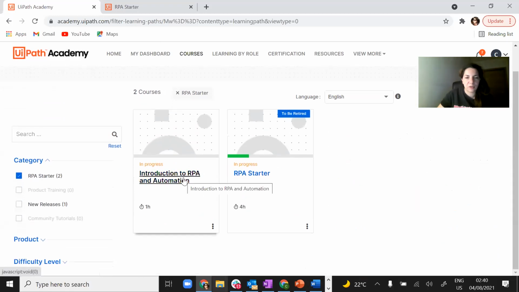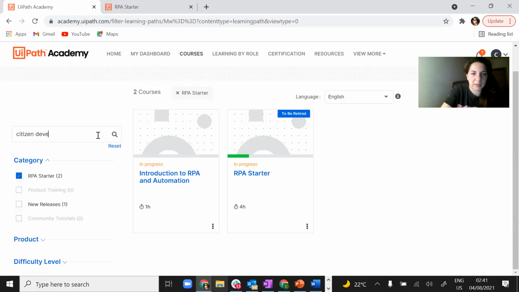This one is the one I gave you in the email and the event link, and we covered it entirely today. And we also went to this one today as well. For the next step, you can go into this one, finish RPA Starter, which will take you like 4 hours, because of course that's common learning pace and it's not condensed. And then the next thing you should do is like Citizen Developer Foundation.